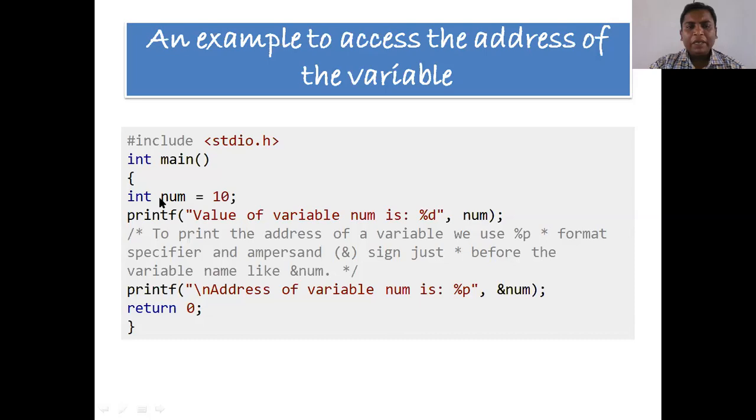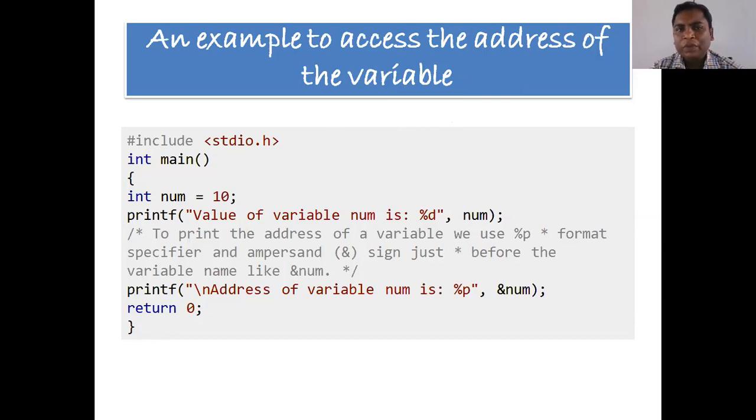Once we declare the num variable, what will the compiler do? The compiler will allocate a memory location for the variable num. Initially, at that particular memory location, there will be no value. But after initializing it with 10, we say the value at that memory location is 10.